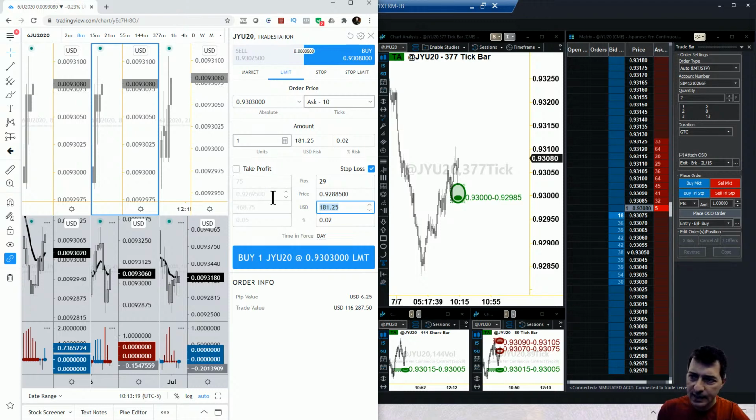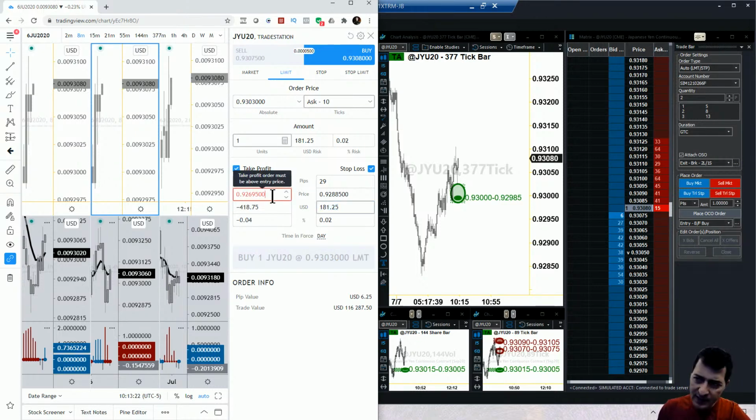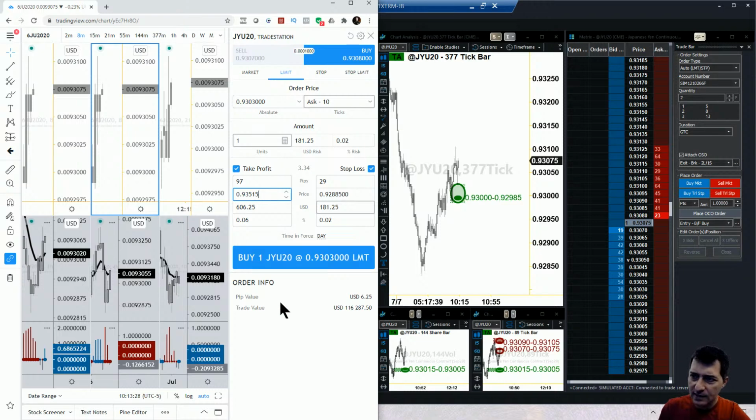I'm going to risk double that. Just keep that in mind. And the final target is 93.515. So that's the final target. In other words, this is like a 3-to-1. You're risking 29 ticks in order to make 97 ticks. Wait a minute, I got a mistake here. It's not 98.5, it's 98.0. This one I got right, and the entry is 93.025. Not sure why it changed. So I am risking, let me rephrase it. Here we go, it changed again. I'm not sure why.